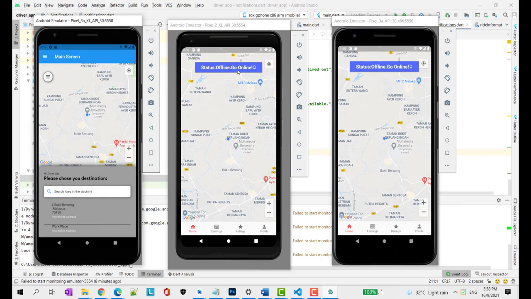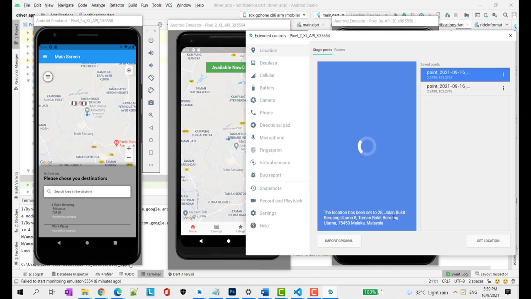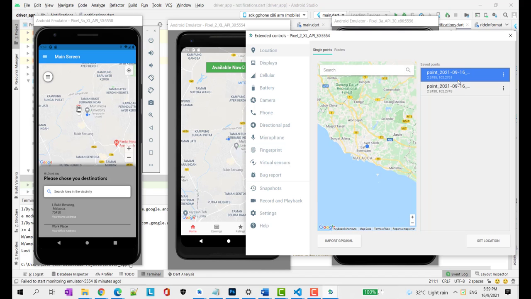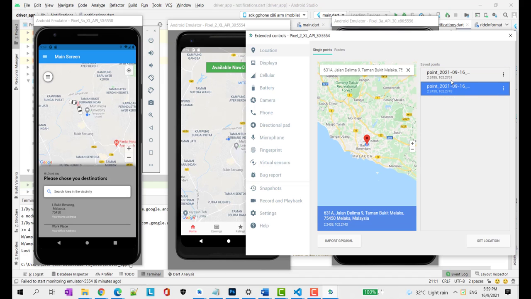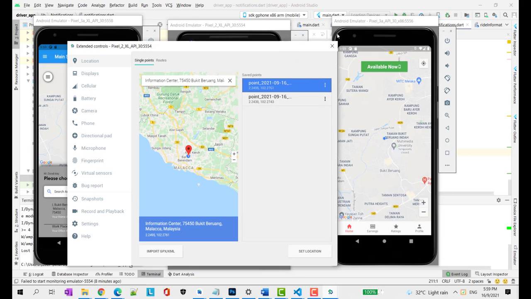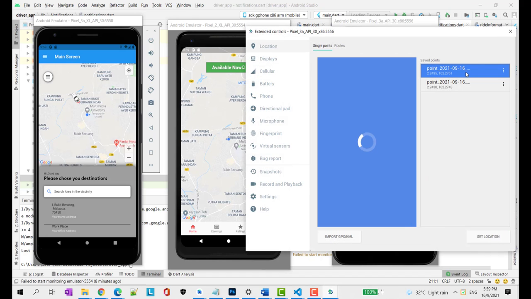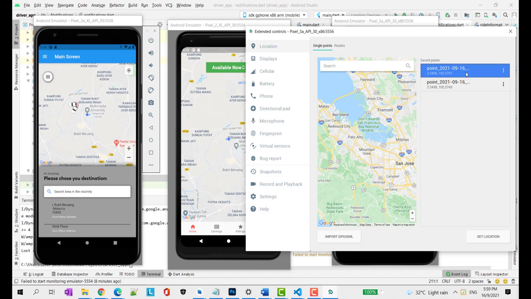Before I go to the drop off location, there is no car on the map. I need to open the driver's application and make two cars online, so two cars appear on the screen. I need to check which one of these is set to MMU. Okay, this one is in MMU, Information Sector, Malacca, Bukit Beruang. And the other location I set, I think, is Petronas Bukit Beruang. Now MMU is nearer compared to Petronas.